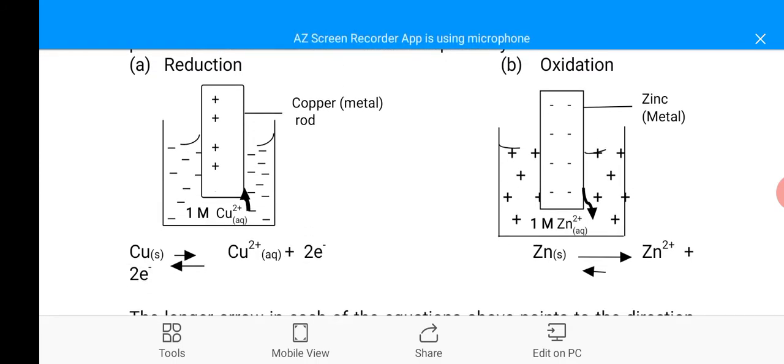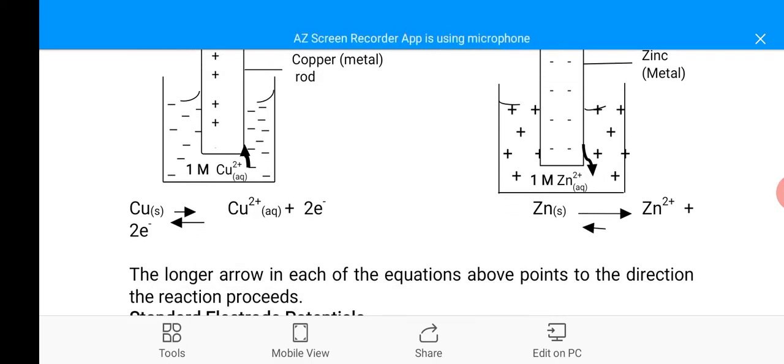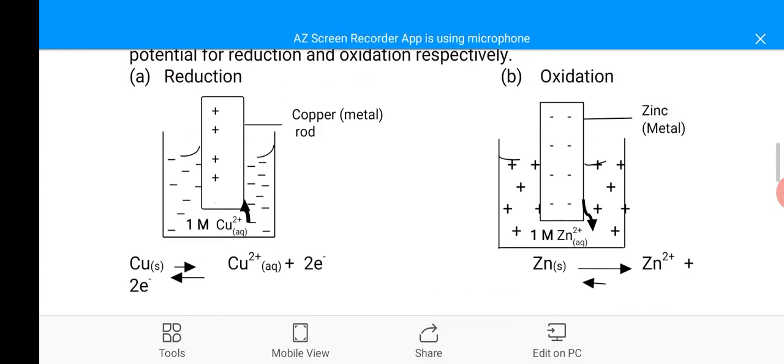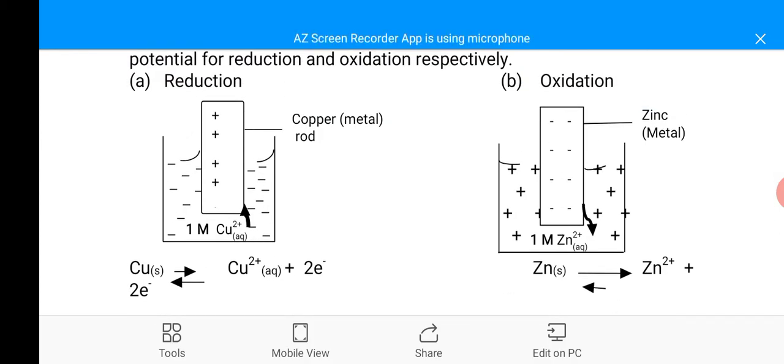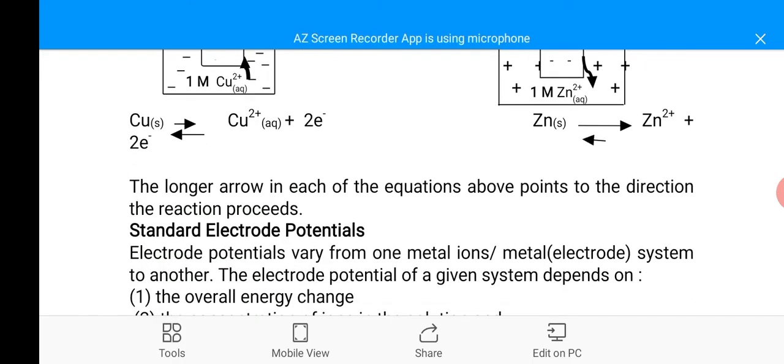The possible one that can happen here is why the longer arrow in each of the equations points to the direction the reaction proceeds. So for the reduction, we have the longer arrow downwards. So it's telling us that the copper Cu2+ is gaining the electron, and it will become deposited as a copper atom. Now to the other one,